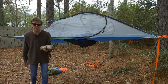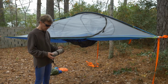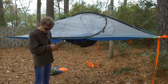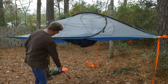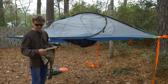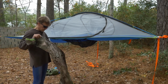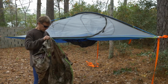This rain fly is not light. This is at least a pound. It's possible that you could also cut down some weight by just replacing this rain fly, which, I don't want to knock, it's a really good quality. It's got a clear polyurethane layer on it. It's probably extremely waterproof. However, if you didn't need this fancy, super waterproof custom rain fly,